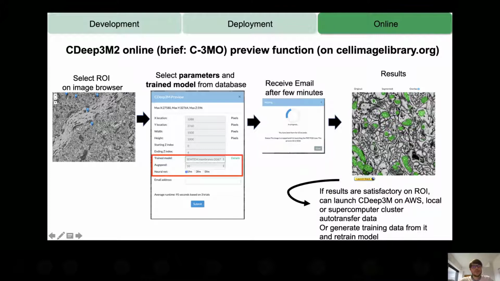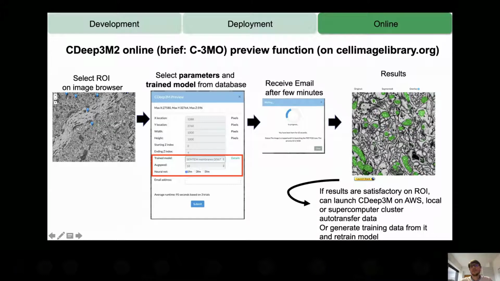So you can actually use that to process your own data. It's a bit limited in terms of volume, because obviously we cannot have people segment terabyte-sized data online, but we provide easy instructions. So my ideal use case scenario is you crop out an image from your large data set and you want to test out a model. You want to know, does that model really work on my data set? I'm going to just submit it here, and before investing any thought other than that, you try out the model and